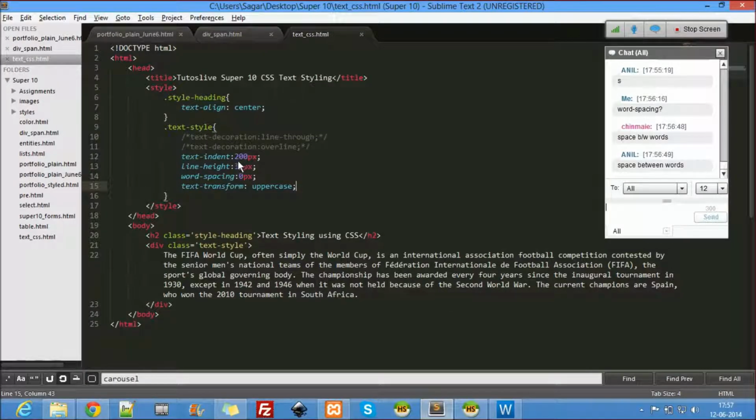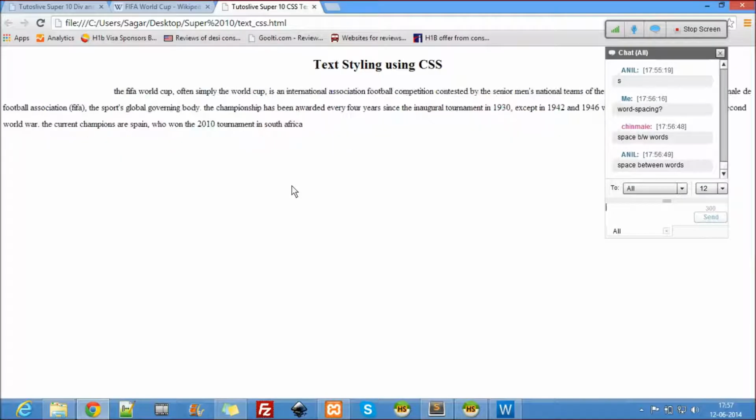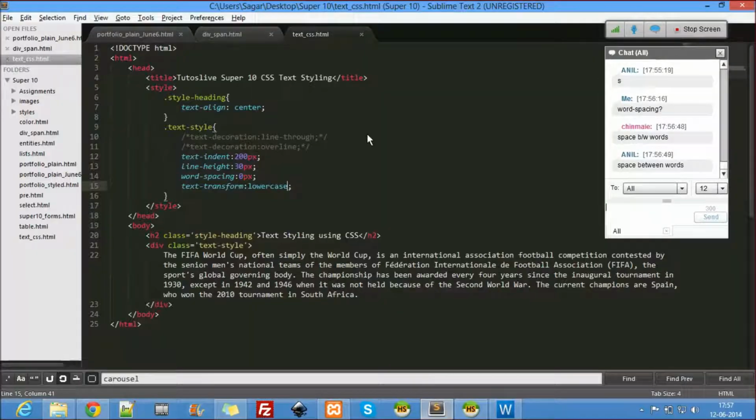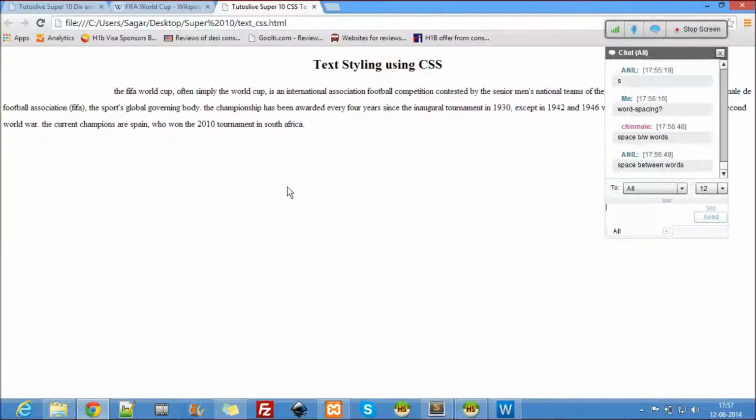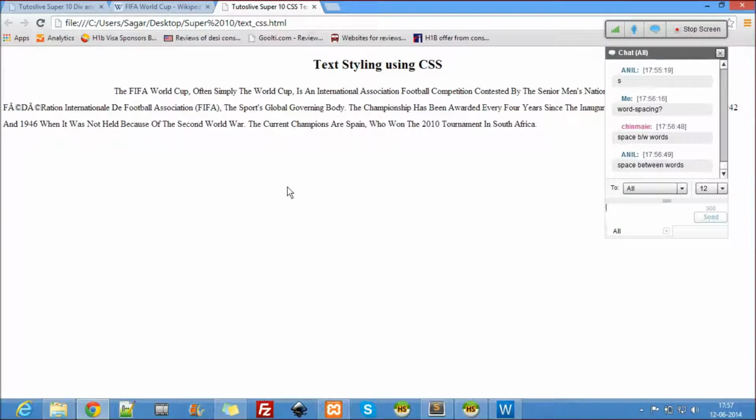Then I have lowercase. What does this do? All lower. And then I have capitalize. Every word's first letter is a capital.